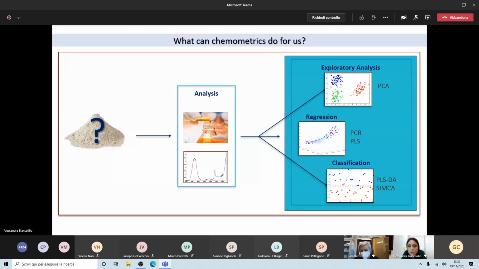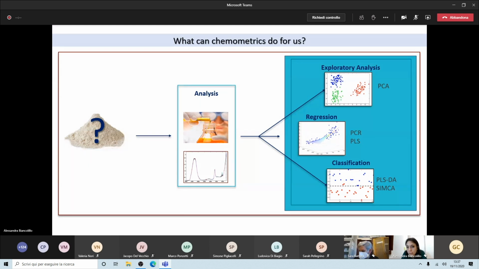But what can chemometrics really do for us? Let's imagine we have a set of samples, we analyze them in the lab, and we take some measures. Then, by means of chemometrics, we can take three different paths. The first one is the one leading to exploratory analysis.